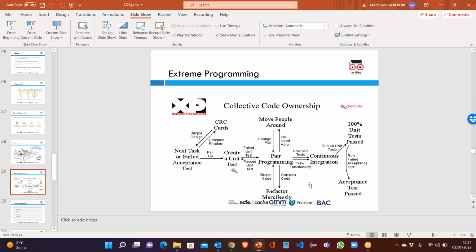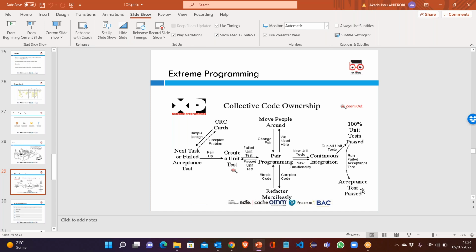So the programming is a really important phase where developers are just working on constructing and developing the software, and once that has been achieved, they then move into continuous integration, where they're adding more functionalities to the software, and once it's done, you conclude with a 100% unit test pass, where there's no errors, and if this is being accepted, that's when you